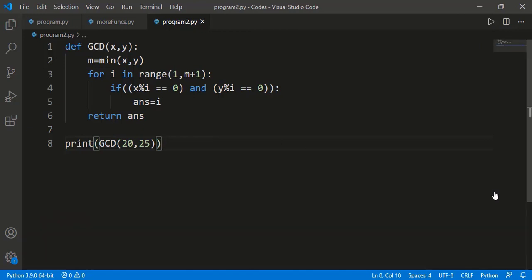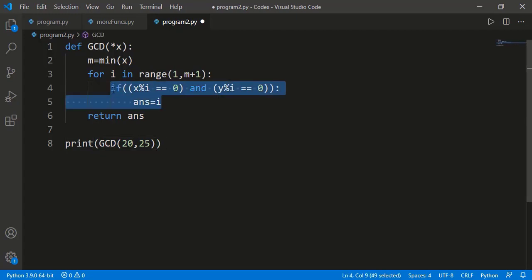But what if I have to find the GCD of 3 or more numbers? I will have to use this function multiple times, but a better solution is to have one variable length input argument. So x is a tuple inside the function, and while using the function we can provide as many input arguments as we want. I can apply the min function directly on the tuple x. The for loop is from 1 to the minimum number, and I should check if the loop variable is a factor of all numbers inside the tuple x, and that can be done with inner for loop.